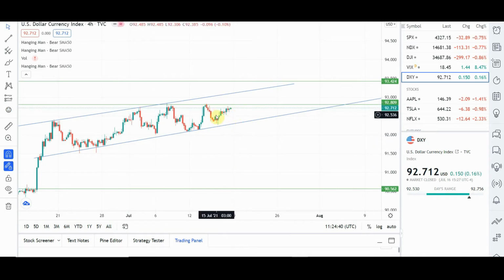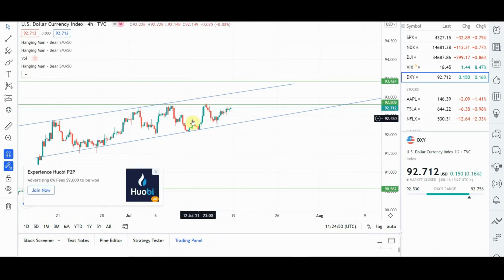Probably this was just a small retracement on the DXY, on its way to the high of this channel, which is a resistance. Maybe this was just a little retracement along the way, but the fact that it didn't break this same price level is a bit suspicious. So we want to be very careful when the price reaches this particular price region.